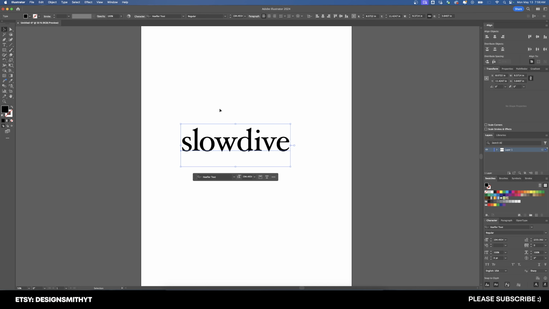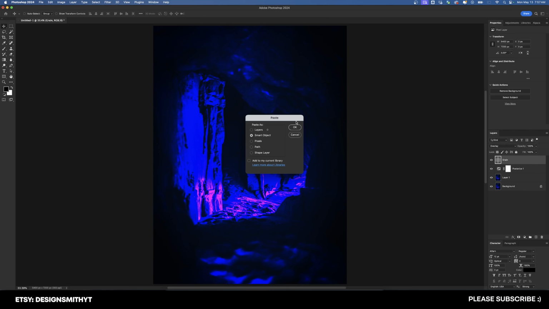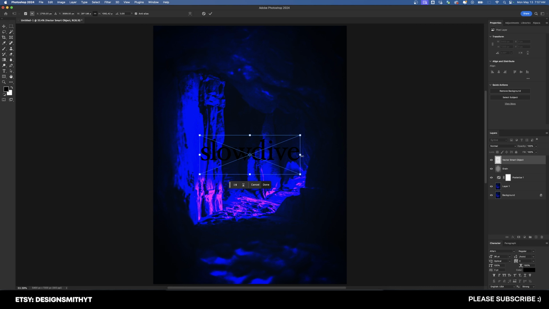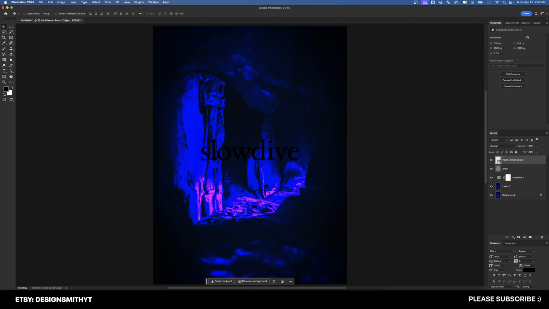So rather than create all of my type and then copy it over into Photoshop, I'm going to create all the text layers one by one because there's not going to be a lot of them on this poster. After all, this poster is for one specific Slowdive concert, so there doesn't have to be too much going on here. So I pasted this as a smart object, and one thing that I should have done from the very